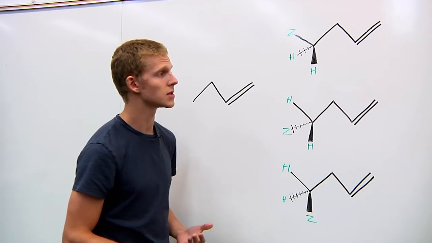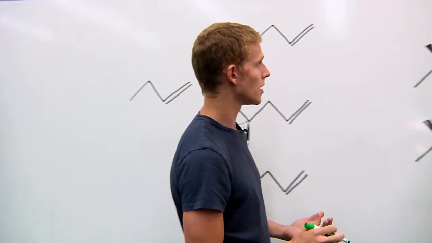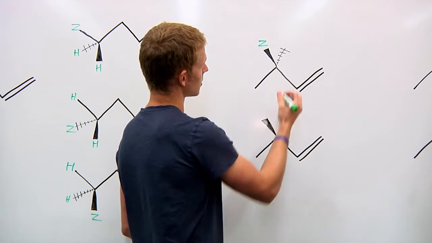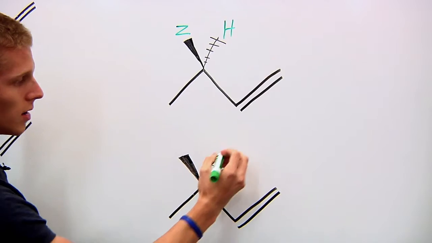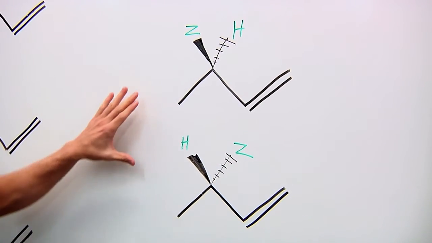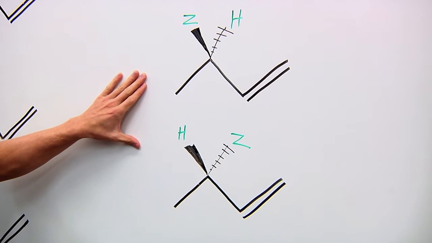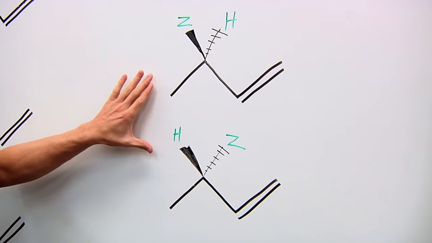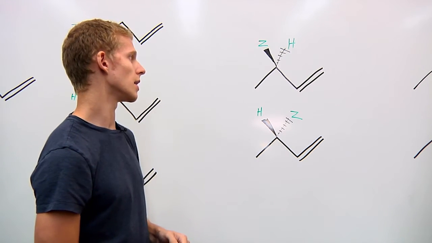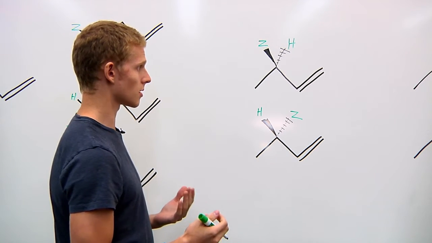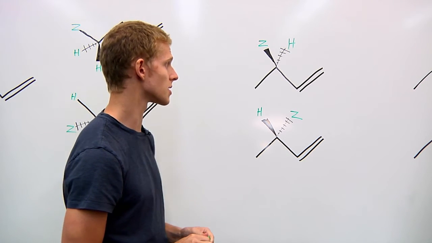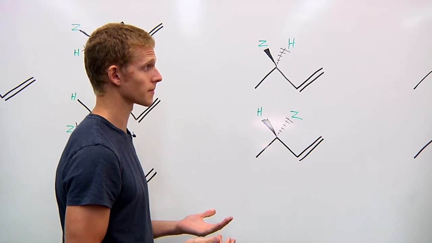So for these next 2 hydrogens, we're going to do the same thing, and we're going to put an imaginary group right here, Z, and we're going to put our hydrogen here, and the opposite down here, Z, and hydrogen. Now you can see these 2 are enantiomers of each other. Now when it's like this, we call these hydrogens enantiotopic hydrogens. Now under normal conditions in proton NMR, they're going to give just one signal. But if we use a chiral solvent, then we're going to get 2 separate signals.